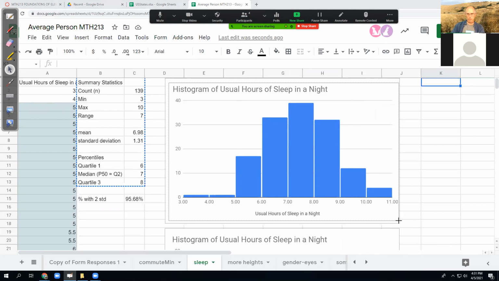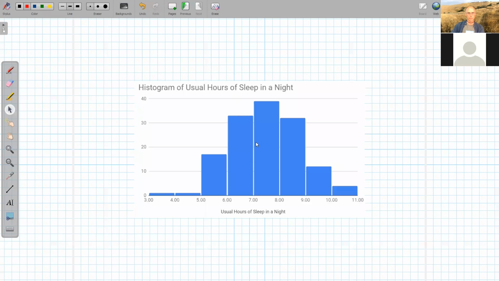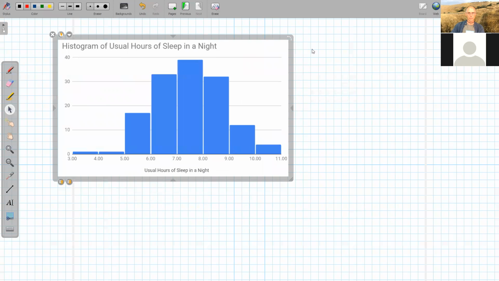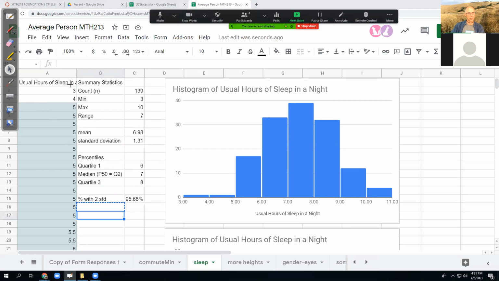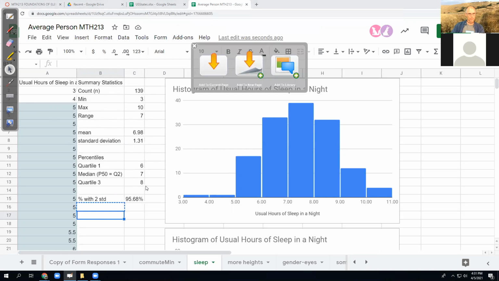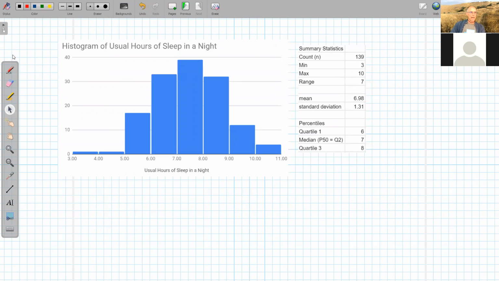Oh, so I'm going to need this histogram here. Summary statistics. All of them to this page. Okay. Now, I indicated I wanted to talk about percentiles, and I've labeled this group here as